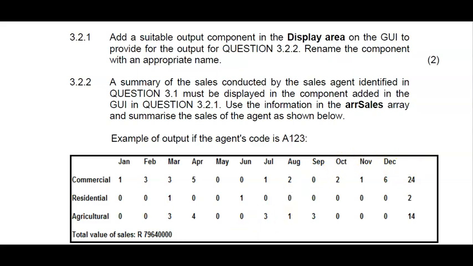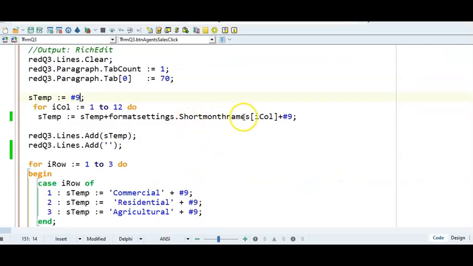But remember about the function called short month names. There's also long month names and short day and long day names. I am using the new Delphi. So I have Delphi 11 installed, and short month names would only work when I use format settings dot short month name. So make sure you add that. If you are using an older version of Delphi, this would work. But with a new Delphi, oh goodness, I have to add, let me just undo there, format settings dot short